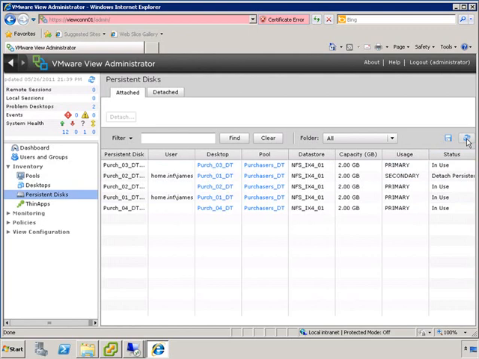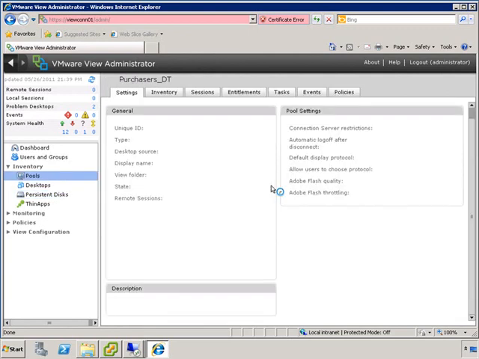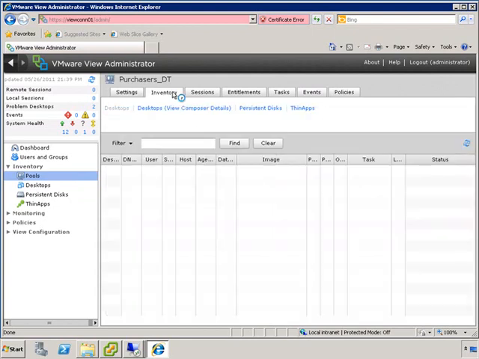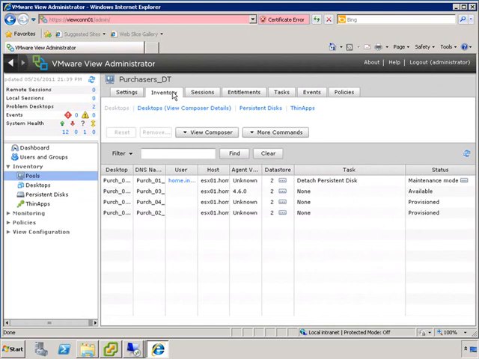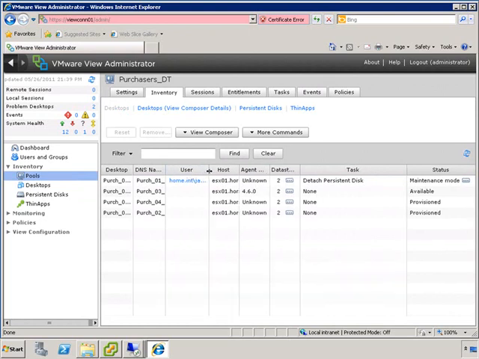While we wait for this to detach, let's take a look at the purchaser's desktop pool, specifically the inventory section. Here you will see that Purchase01, which is assigned to James, is currently going through a detach persistent disk task and is listed as in maintenance mode, which means that James won't be able to connect to this desktop. We'll also note that Clara no longer has a desktop assigned to her, and that Purchase 2, 3, and 4 are all deployed. Let's go back to the persistent disks,